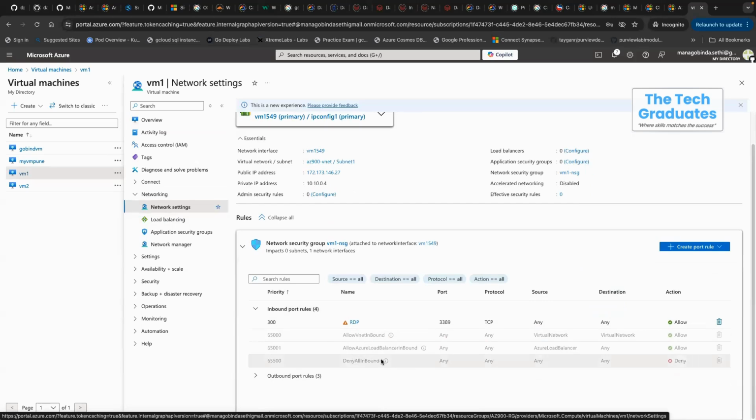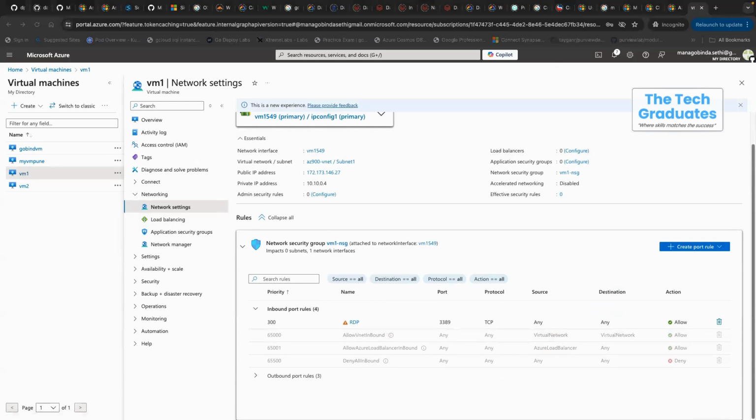See, denied. Only virtual network and load balancer are allowed. ICMP is not allowed here. Okay. So either we will be able to create a new port rule and do that, or else what we are going to do is